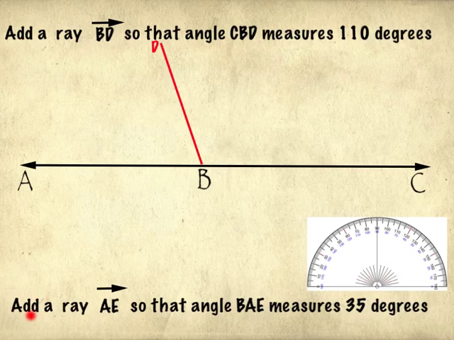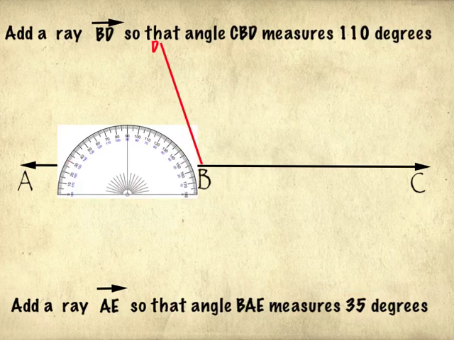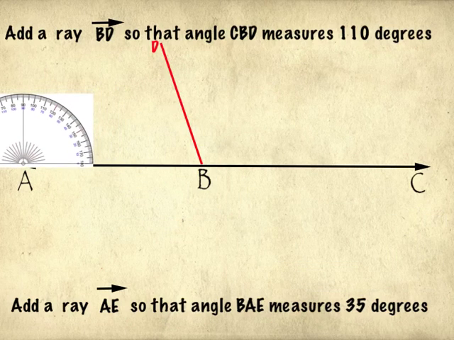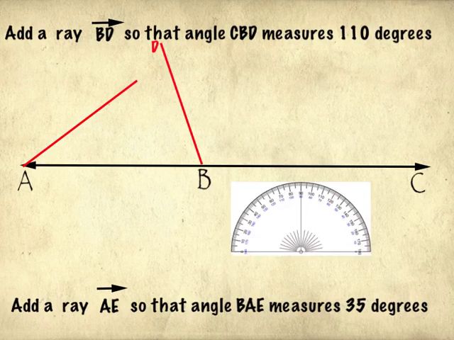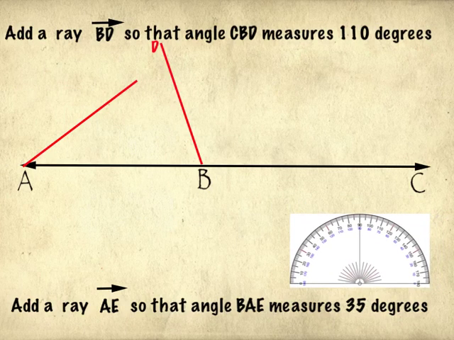Now I have another one down here that asks me to add a ray AE so that angle BAE measures 35 degrees. So this time my ray is going to start at A, and wherever it goes to will be labeled E, and we want angle BAE, which will be this here, to measure 35 degrees. So once again, I'm going to start at the middle, and I'm going to go 35 degrees. There's my ray. You can see I measured it so that it's 35 degrees. I'll move my protractor out of the way, label that ray E,